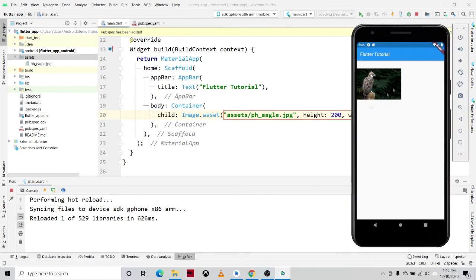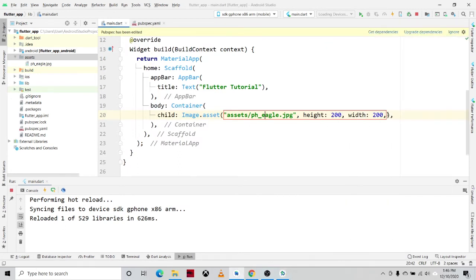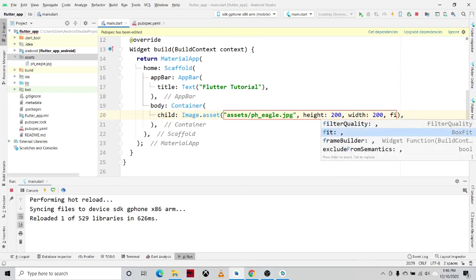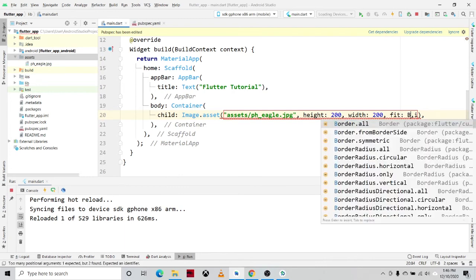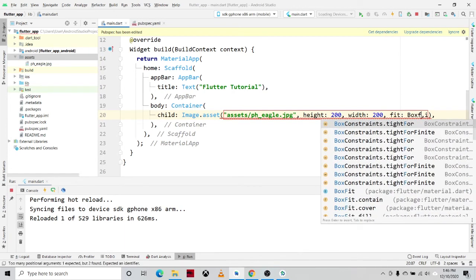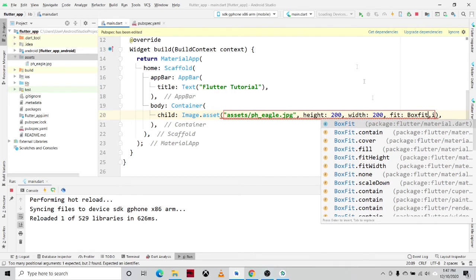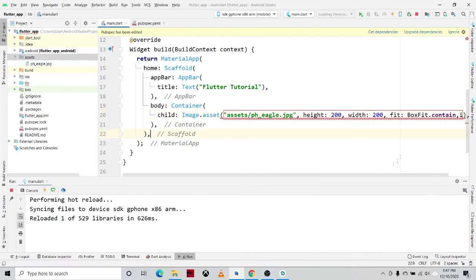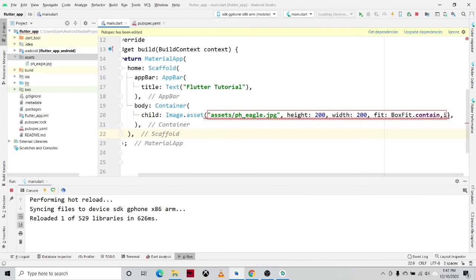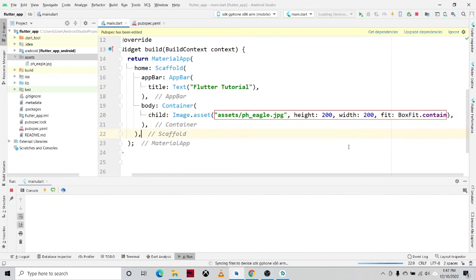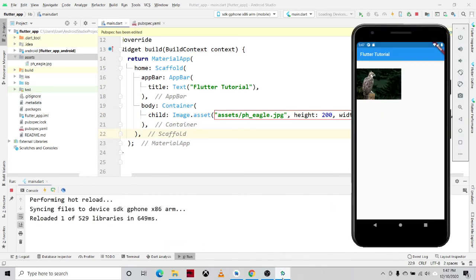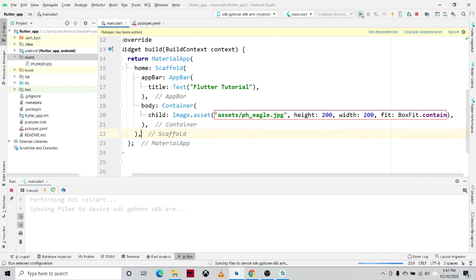Okay, so you can also add a property which is the fit, then BoxFit.contain. Okay, and then try to run our application.